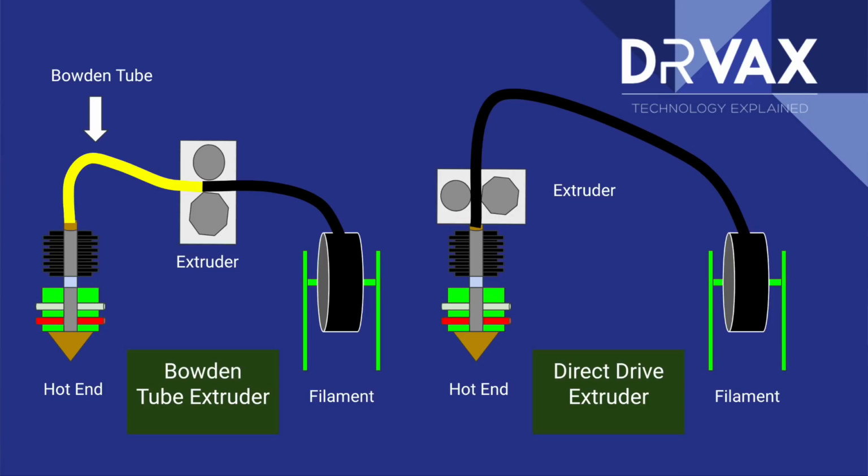Now, let's look at this next picture and understand a little bit about how 3D printers work. And this might be a review for a lot of you, but once again, thinking about the mechanics will help you set your slicer parameters more precisely. On the left side of this picture, we have a Bowden-style 3D printer. So you have a roll of filament. The extruder pulls the filament off that roll or reel of filament. It pushes it through a long tube called a Bowden tube